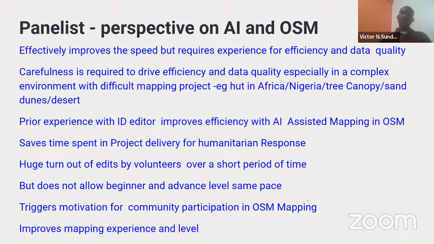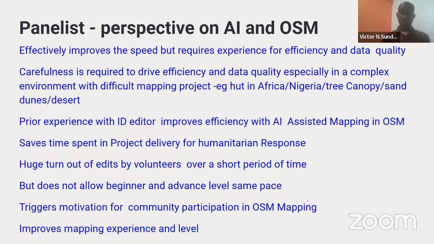For our Unique Mappers network, before the AI, we had maybe about 1 million edits on the leaderboard of MissingMaps. But immediately after the introduction of AI, just within the last 1 year, if you check our leaderboard, the MissingMaps Unique Mappers, you can see that we have about 2.1 million.